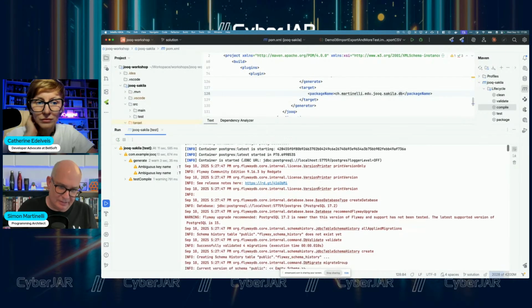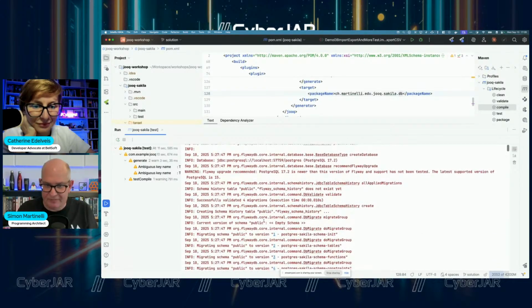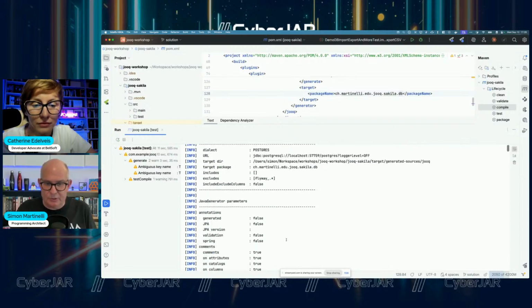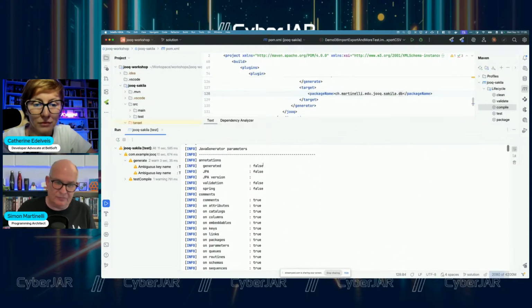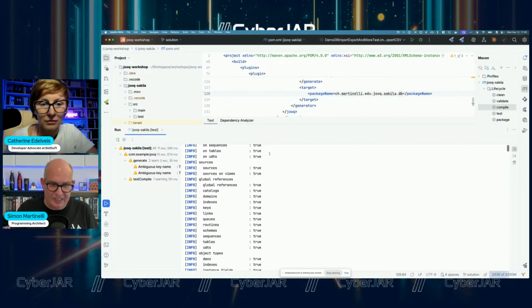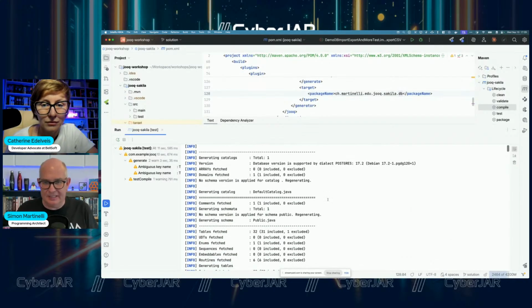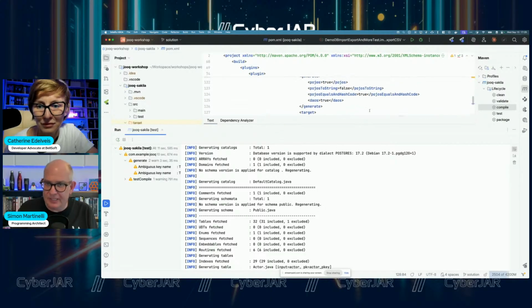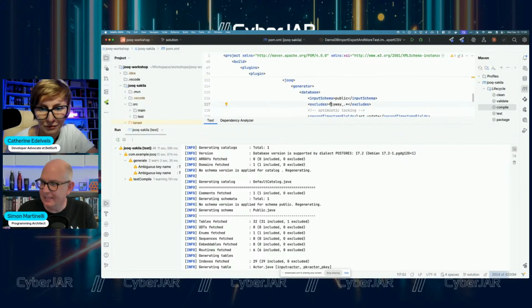And then the red printout here is from Flyway because it applies the Flyway scripts. And then we have JOOQ, and JOOQ analyzes the database. So first of all, it prints out which Java generator parameters we have set, and then it will detect the database. It will also print out the version, for example. So now we know what the latest version, in fact, is of the Postgres image. And then, for example, here it finds 32 database tables. One is excluded, by the way, because I said I don't want the Flyway database table.